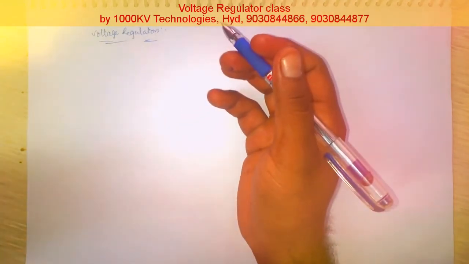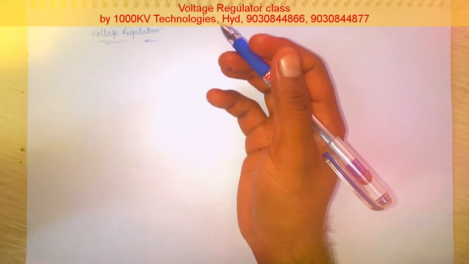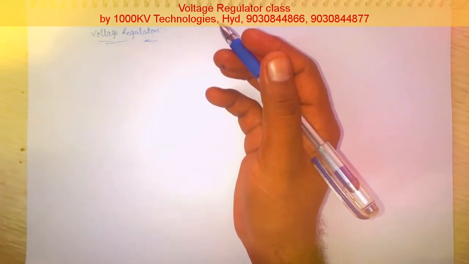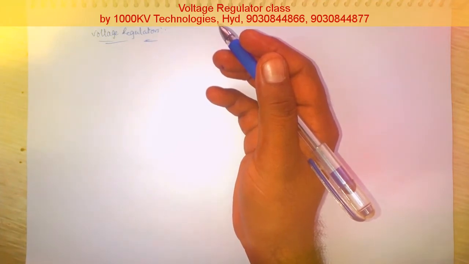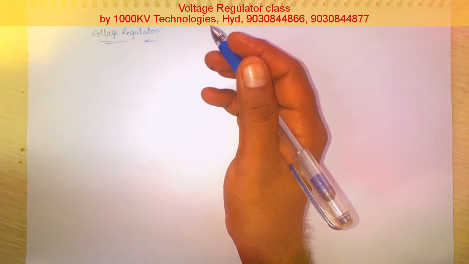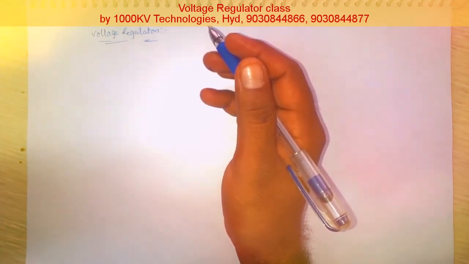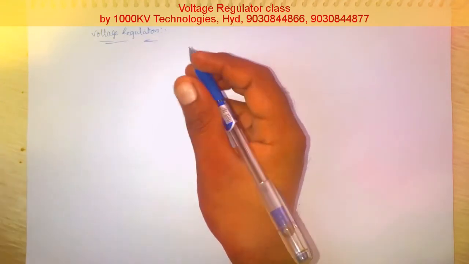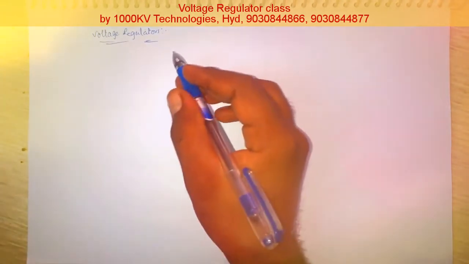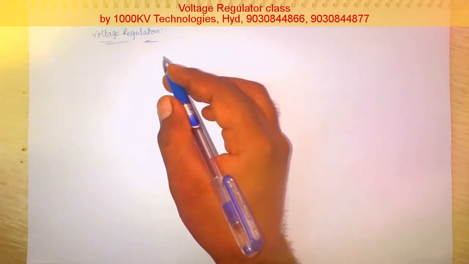We can see in our homes we have a stabilizer. It regulates the AC voltage. In the rainy season we get short circuits, and by that time we get high voltages. Despite the high voltages, the stabilizer provides constant voltage to the loads, that is the fridge and TVs. Similarly, a voltage regulator functions like a stabilizer, but it is for DC voltage, regulating the DC voltage.